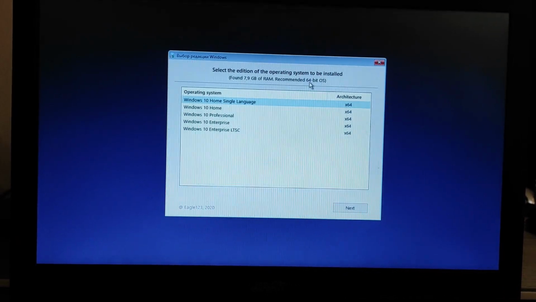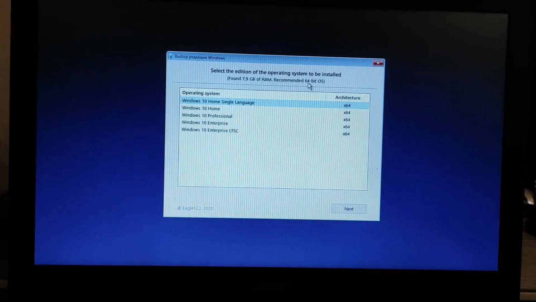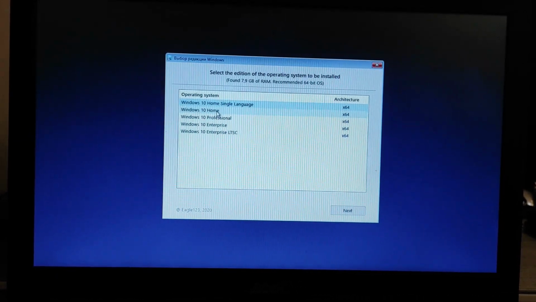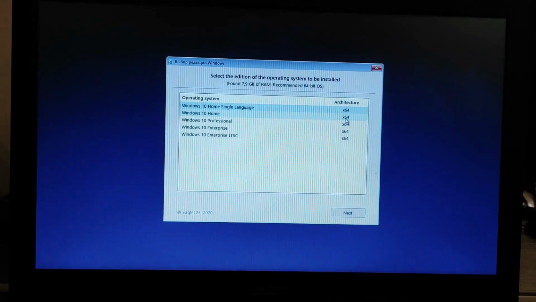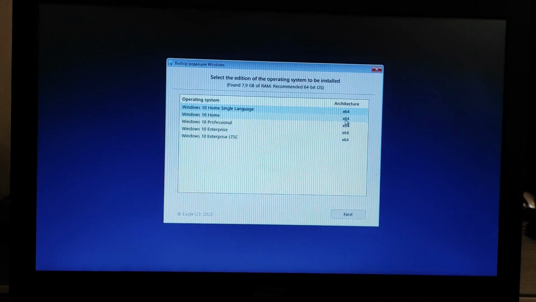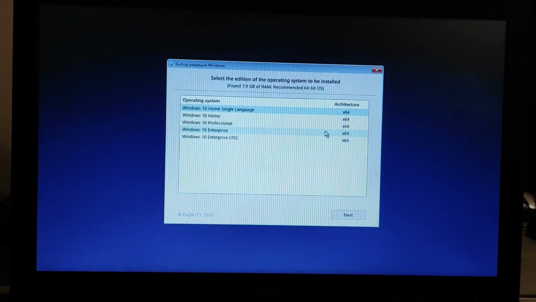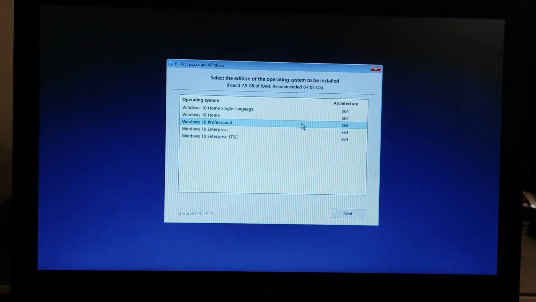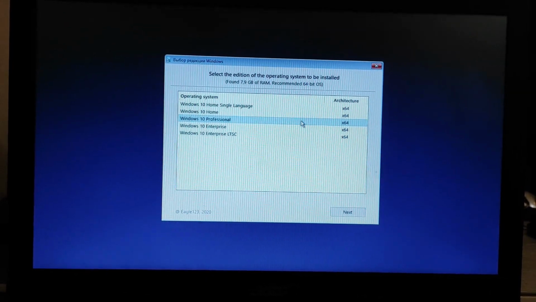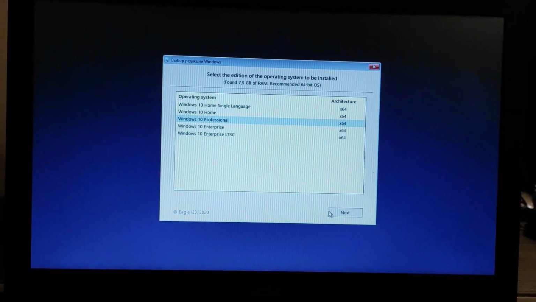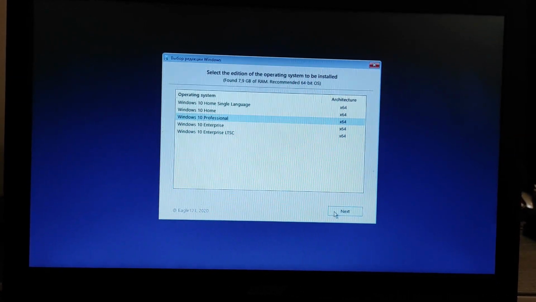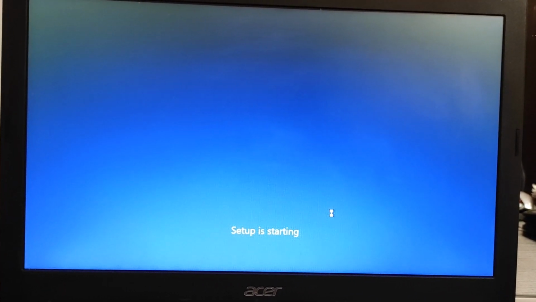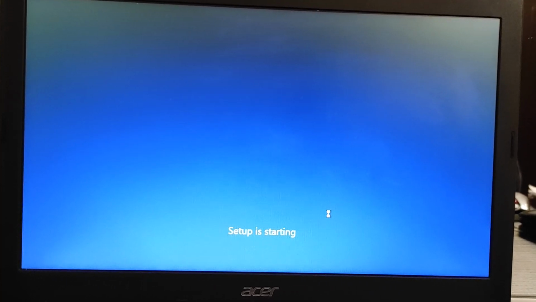If your device is a low power device, you should choose Windows Home x86 platform, but I will choose 64 platform and professional edition. This is my choice and best for my laptop. This is Acer TravelMate with i5 CPU.